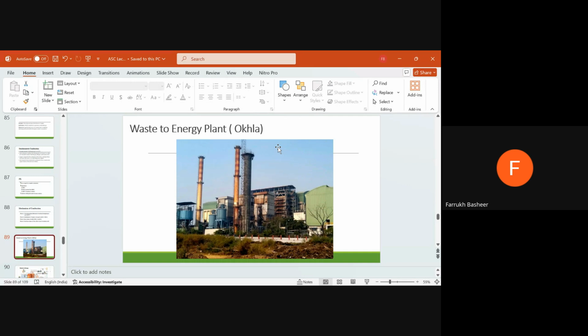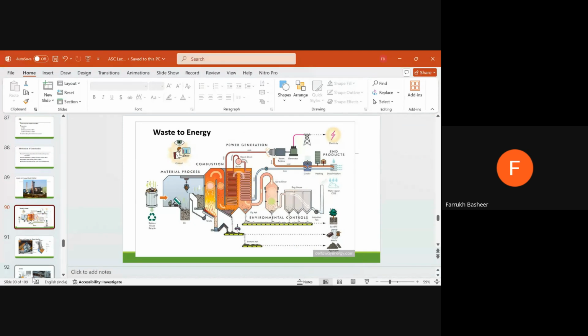It is situated in Okhla. You can see it just looks like an industry. Then we have different components of a waste to energy plant. Here you can see the solid waste truck is coming. Here you can see the solid waste is coming, and then being put into a pit, and finally from this pit, a hopper or a crane will dump this solid waste into the combustion unit, that is an incineration